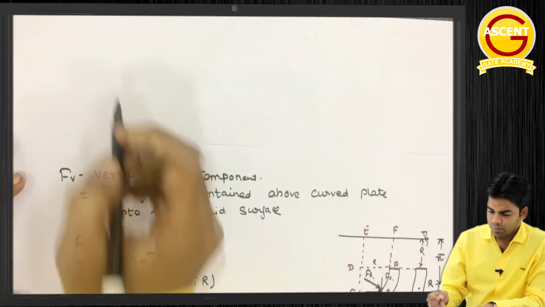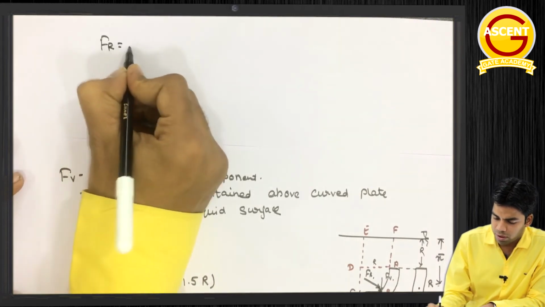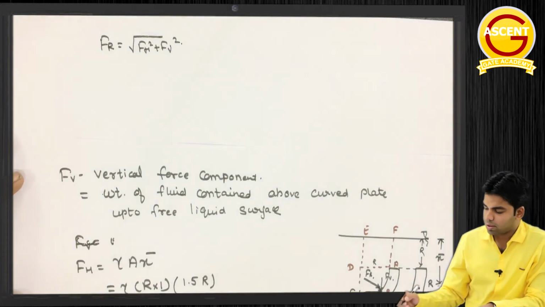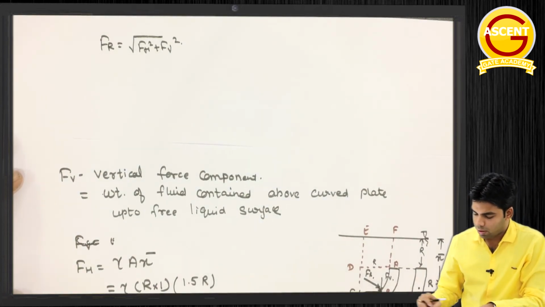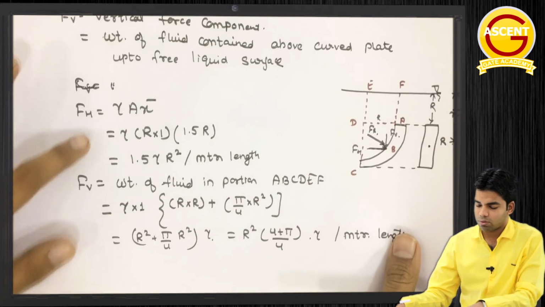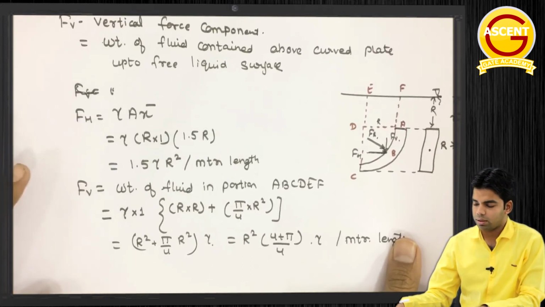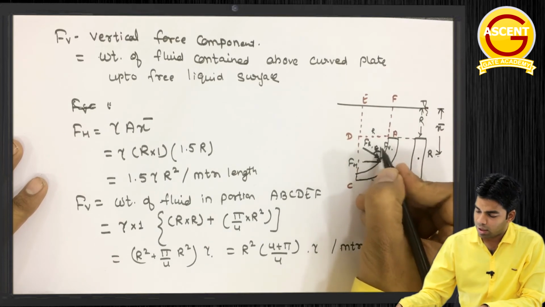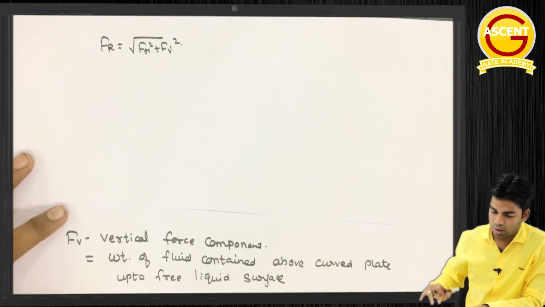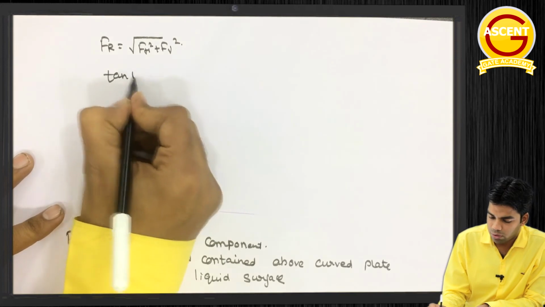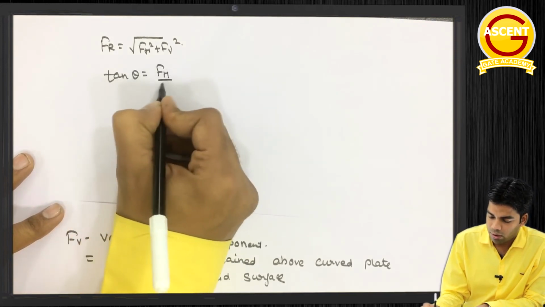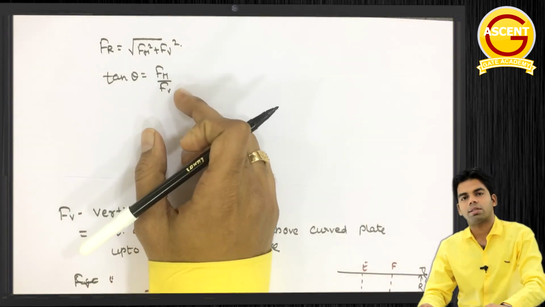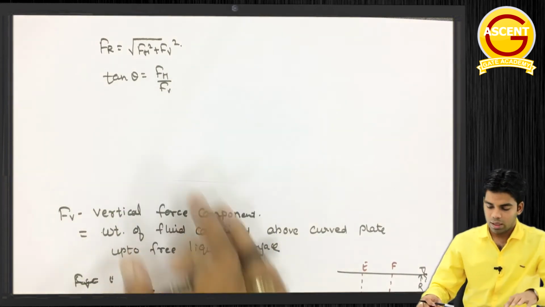as we know, the resultant force Fr will be equal to under root of Fh square plus Fv square. That's it, first thing. Second thing, if I square these two terms, Fh square plus Fv square, and take the square root, I will get the net force, resultant force. Second thing, this angle theta, tan of theta will be equal to Fh upon Fv. So from here we can determine the resultant force magnitude as well as the direction of that resultant force. Getting this or not?